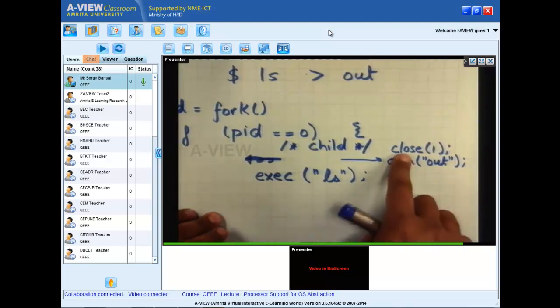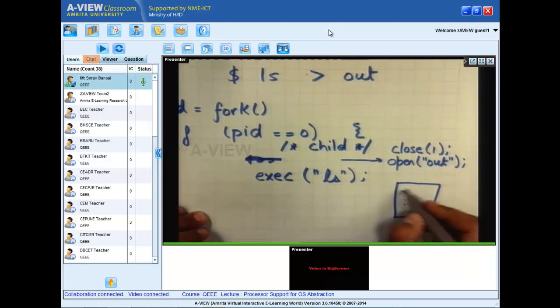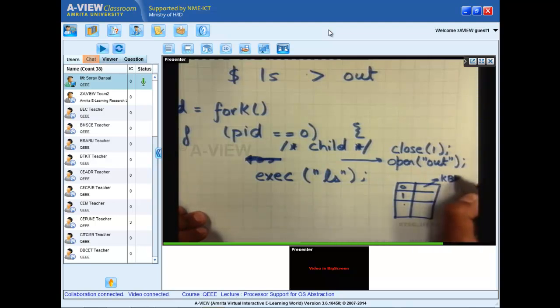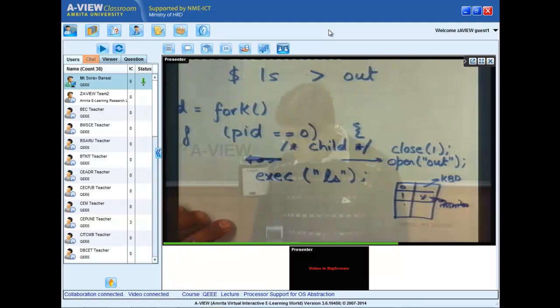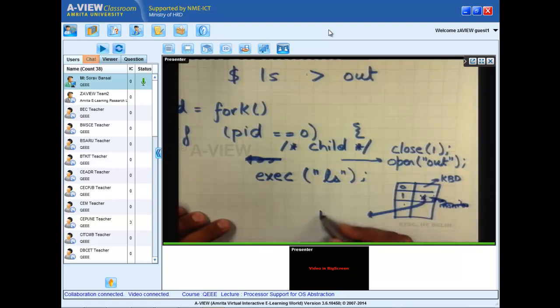So when I say close 1, let's say this was the file descriptor table. This is 0 and this is 1. Earlier, let's say this was pointing to keyboard and this was pointing to monitor, right? Close 1 will remove this link and make this unused. And open out is going to look for the first unused descriptor, in this case it's 1, and it's going to point it to out,